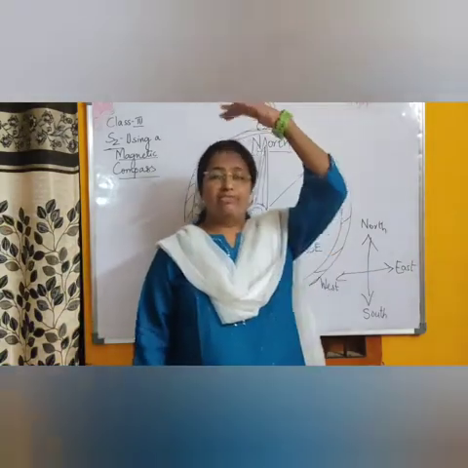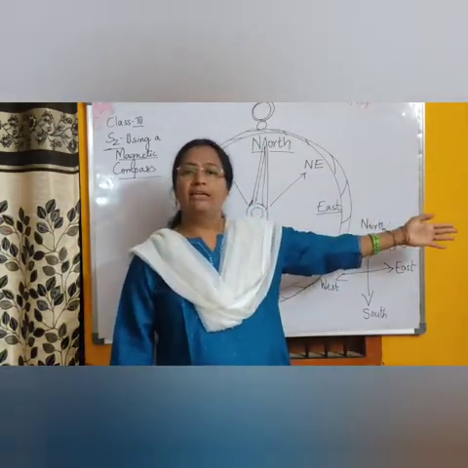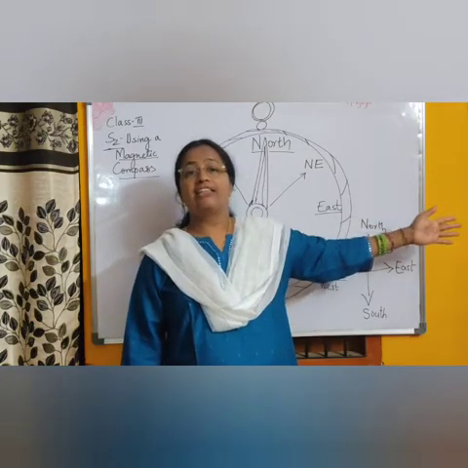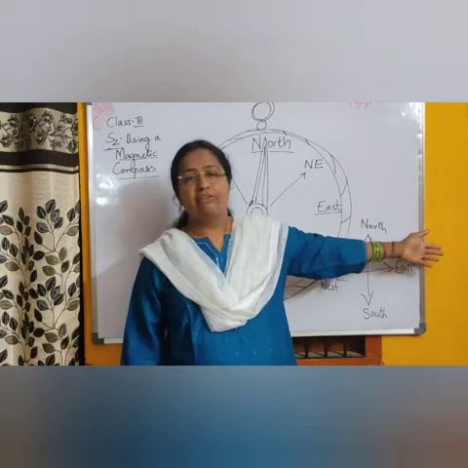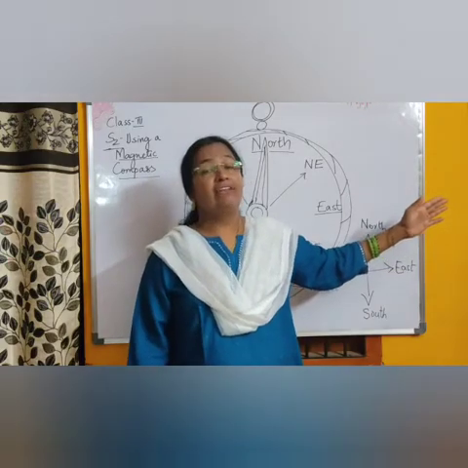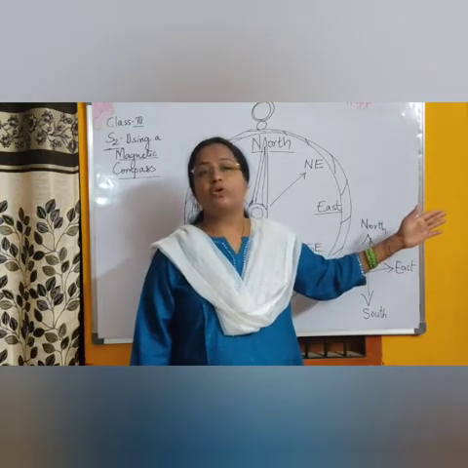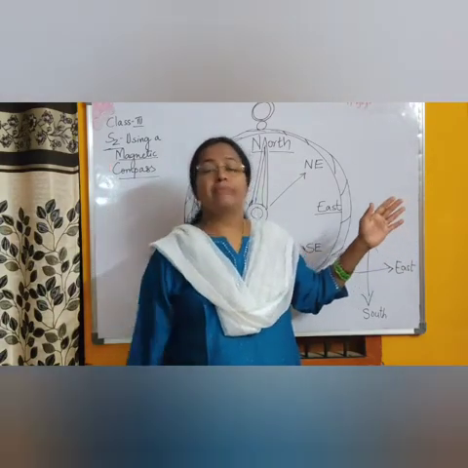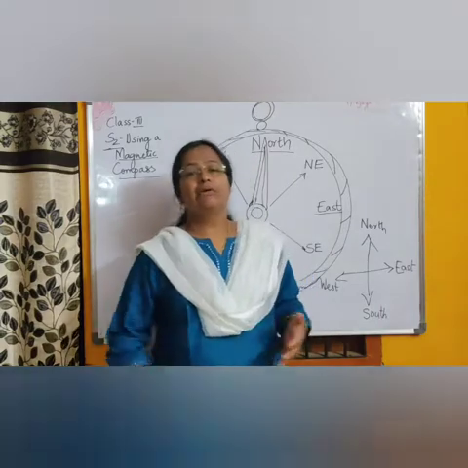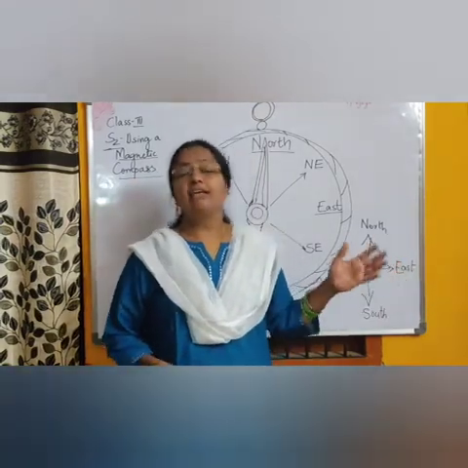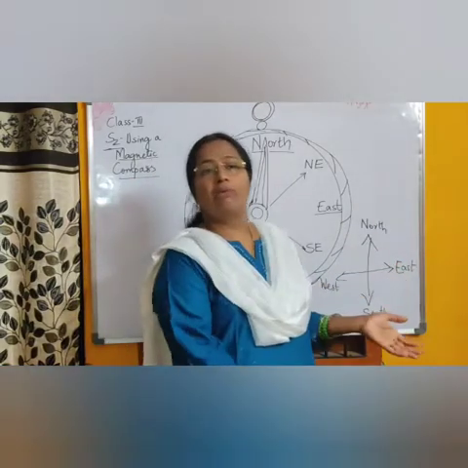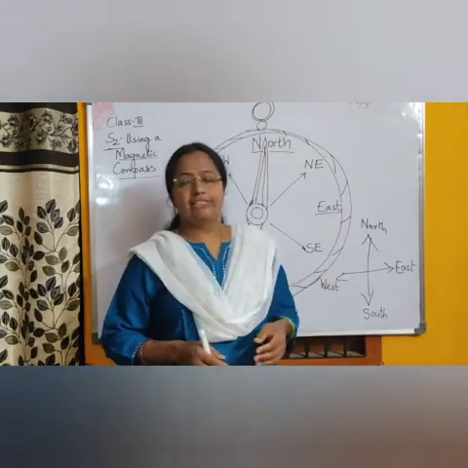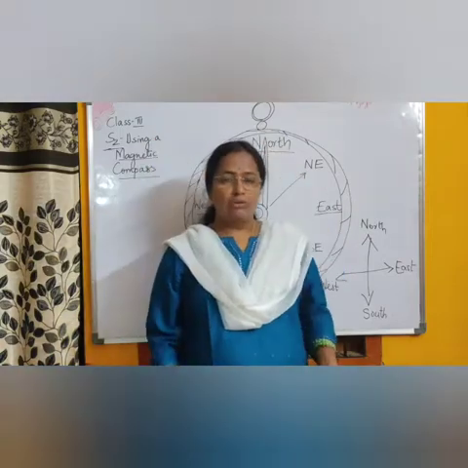Then if this is the north direction, the left side of the north will be east. The sun rises in the east. You should remember this also. Even by observing nature, you can find out some directions, like the sun or the pole star. All these tell us about the direction. So in the morning, whichever direction the sun is rising, you can say that is east. North opposite is south.